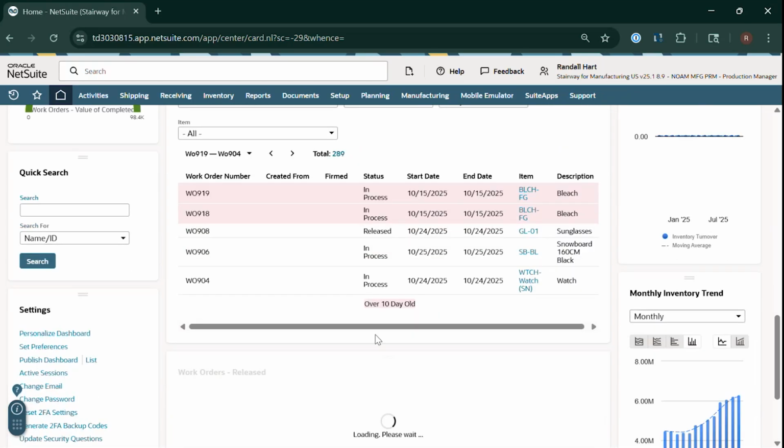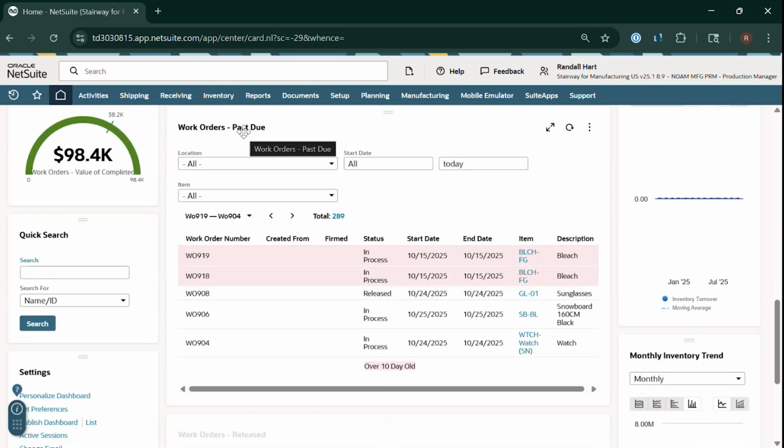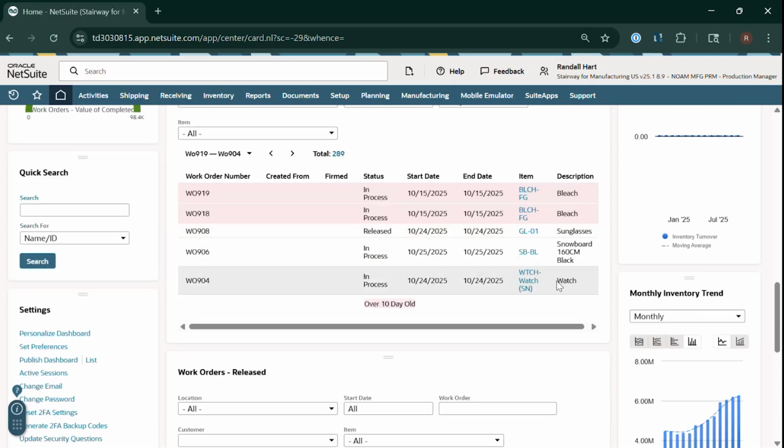Then we have some other saved searches, work orders past due. So this is really important, obviously, for manufacturing operators. Hey, we've got things that are past due. How long have they been past due? What's the description on it? Is there a related item? So that you can come right from your dashboard as a production manager and look in, figure out, these are